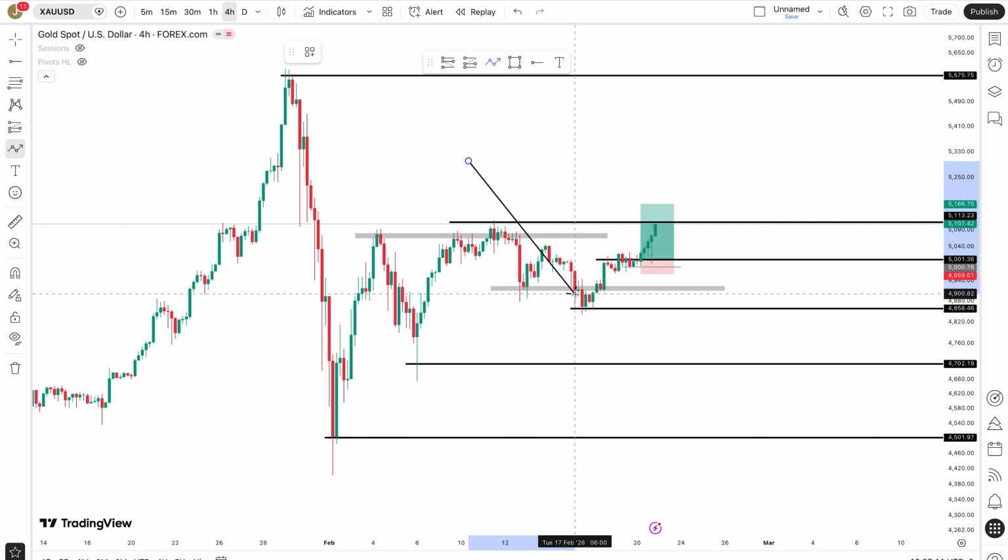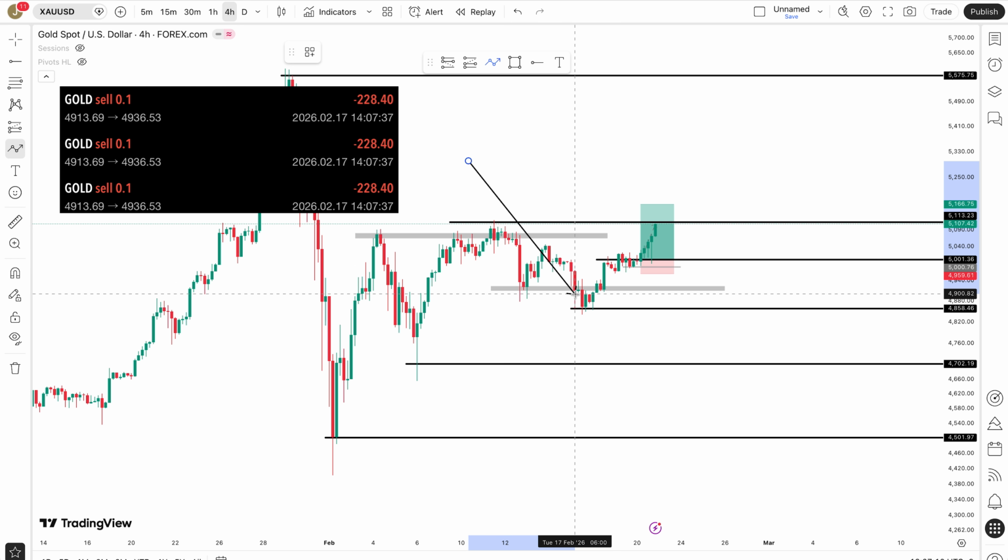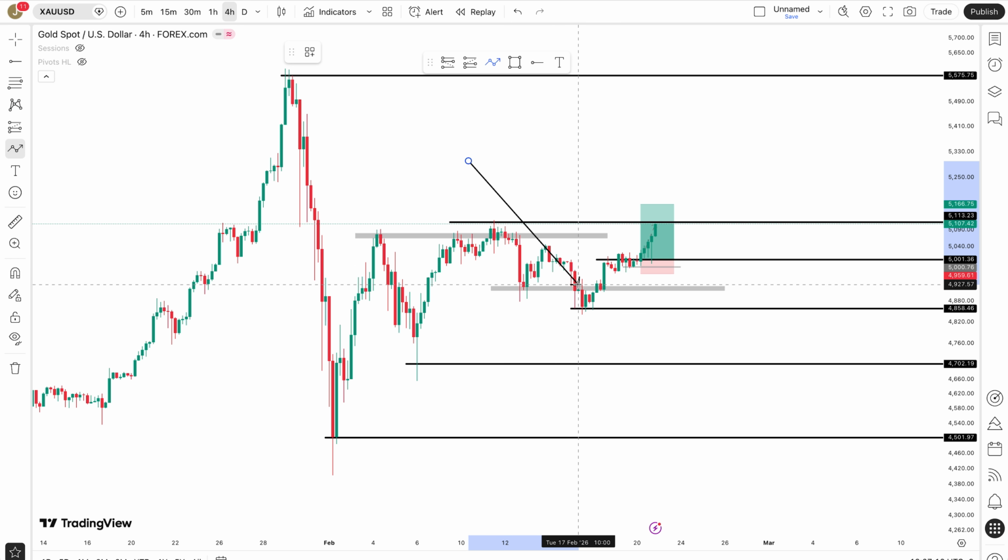My only mistake here, and this is a screenshot of the loss that I took, is that I did not wait for a full indication and a correction, right? When I saw price break below this level, I immediately entered sales, which was a mistake. I was anticipating price to break this level, go back up and make a lower high, then come back below this level so that we could sell off potentially to down here or down here. But my only mistake was I did not wait for the correction. I got that indication, I immediately entered sales and I ended up losing.